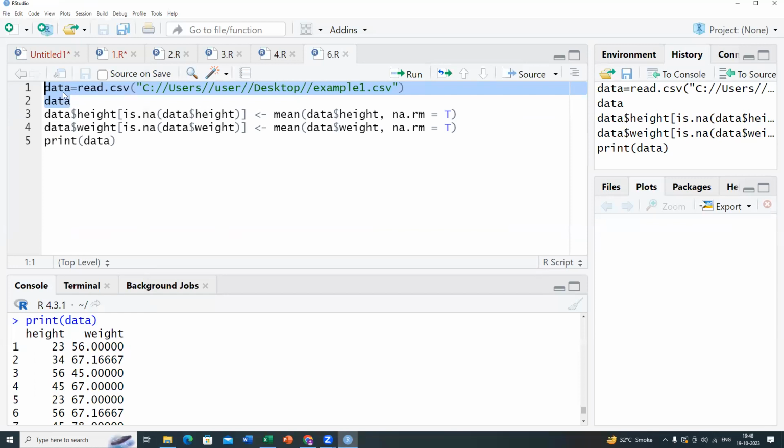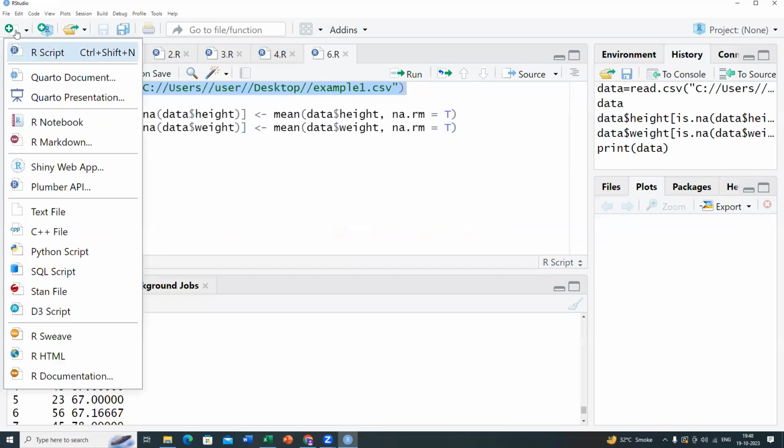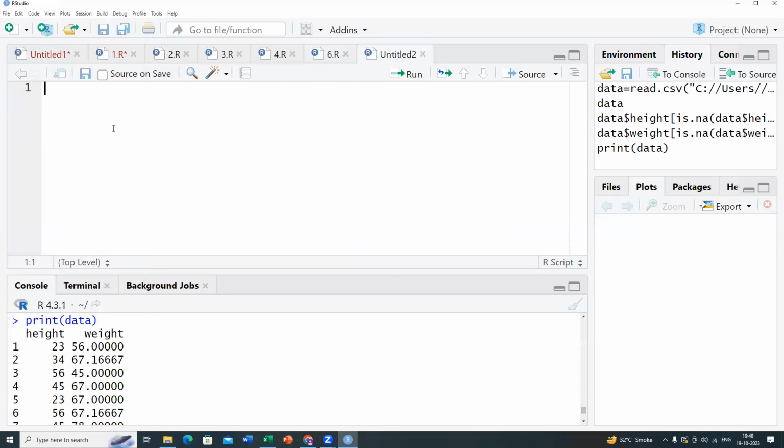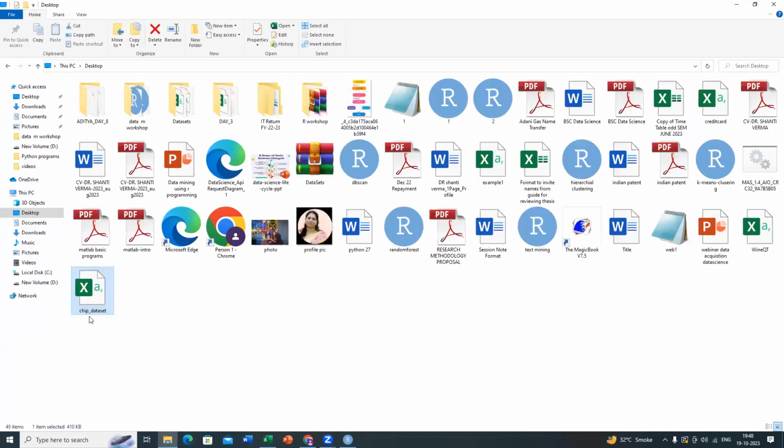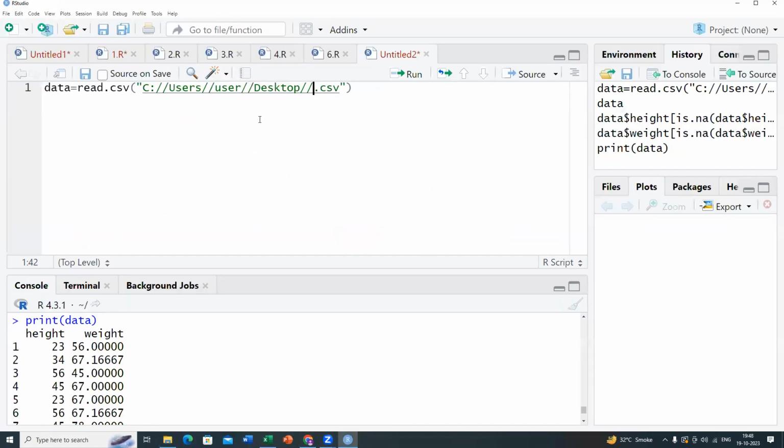I want to access my file. So I put my data in the desktop. So my path is same, but my file name is chip data, that is chip underscore data set. So I write here chip underscore data set. And I take another variable that is chip underscore data set, data. Now if I print,